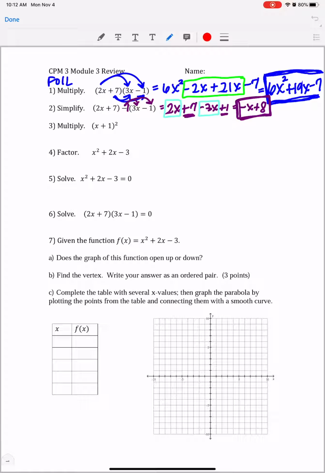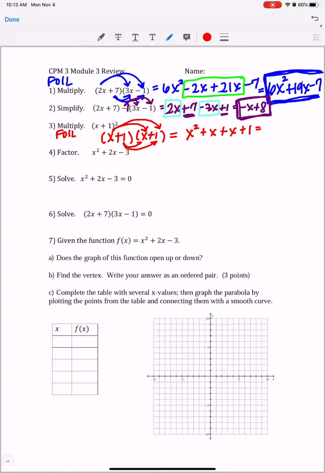Now, number 3 is another FOIL one. But before I can FOIL, I've got to expand this out. So this is actually x plus 1 times x plus 1. So now my first was x times x. My outer is x times 1, so either 1x or just plus x. My inner, 1 times x, the same thing. And 1 times 1